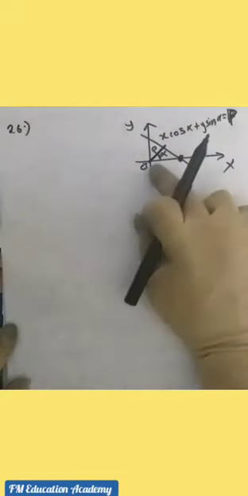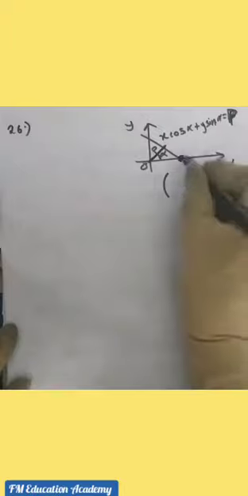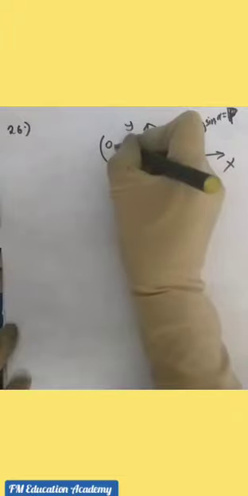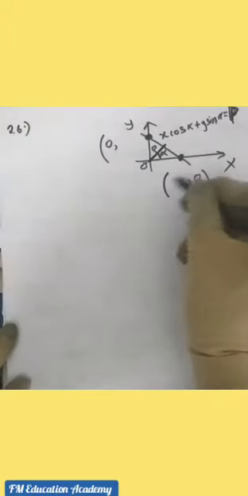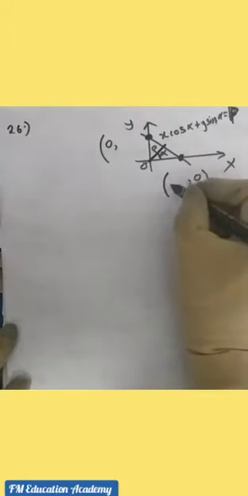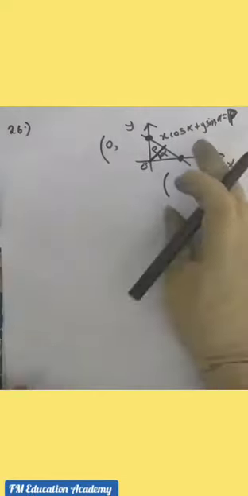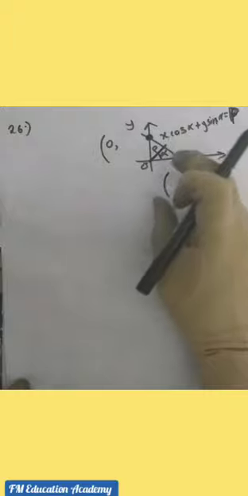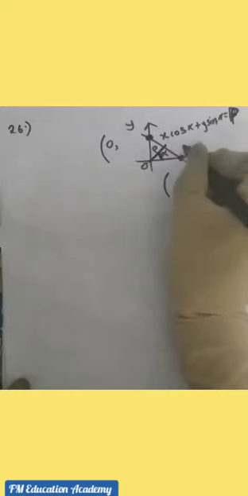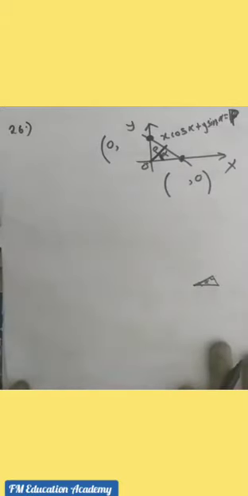Now, if this is my x coordinate, on the x-axis I will have the x coordinate, comma, y coordinate will be 0. And on the y-axis also, x will be 0 because the point is on the y-axis, and the y coordinate will be there. If you observe the x coordinate here, it is nothing but opposite side by hypotenuse, right? So opposite side to cos alpha.